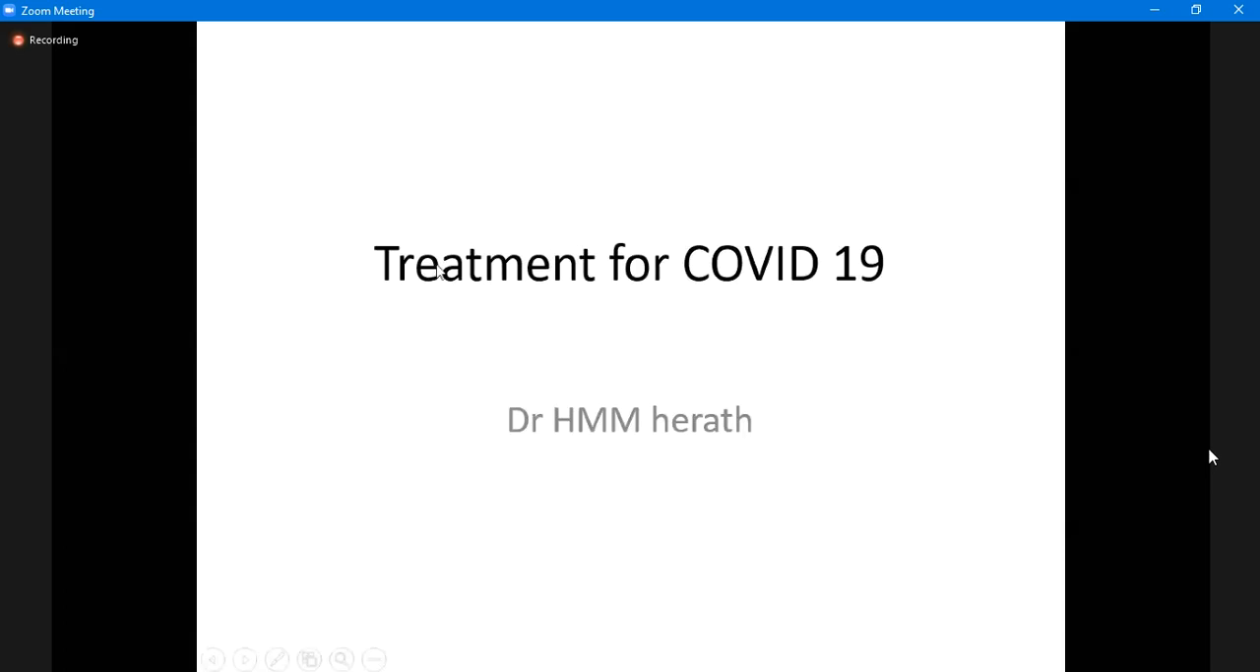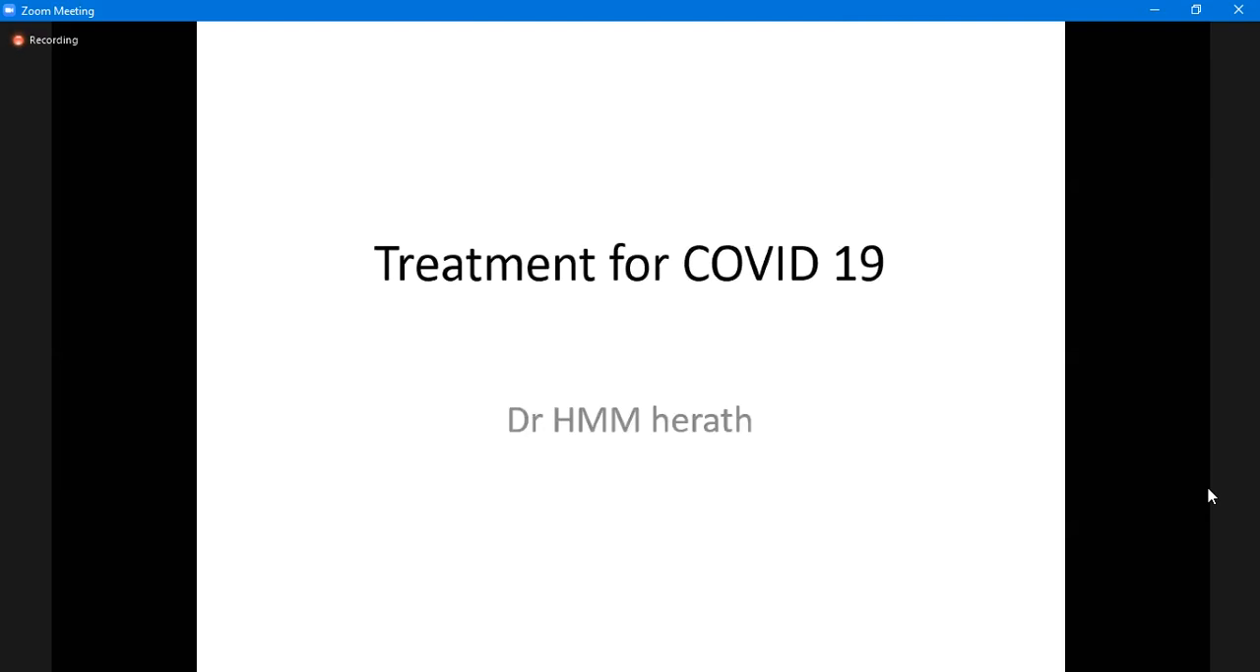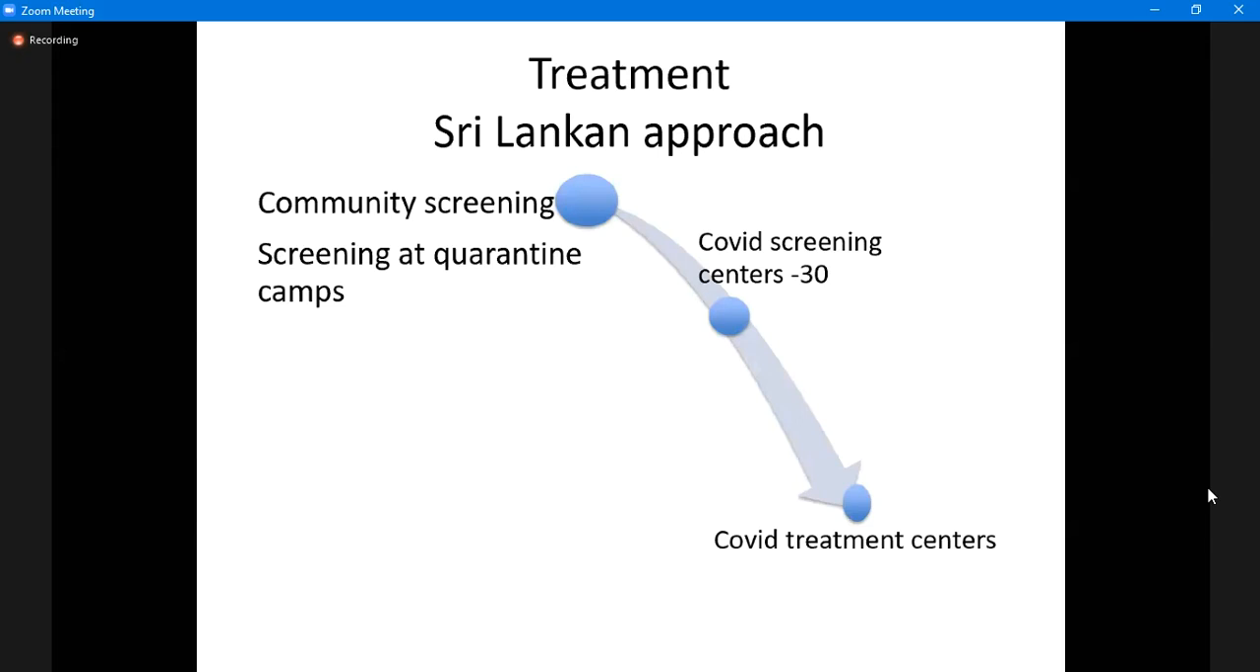All right, okay. Let's talk about treatment. I'm going to talk to you on the Sri Lankan scenario as well as treatment available for COVID-19 globally. Let's talk about the Sri Lankan scenario. As Dr. Aroshit Sanayaka talked to you earlier, all the patients who are diagnosed with COVID-19 need to get admitted to hospital according to Sri Lankan guidelines. So basically,